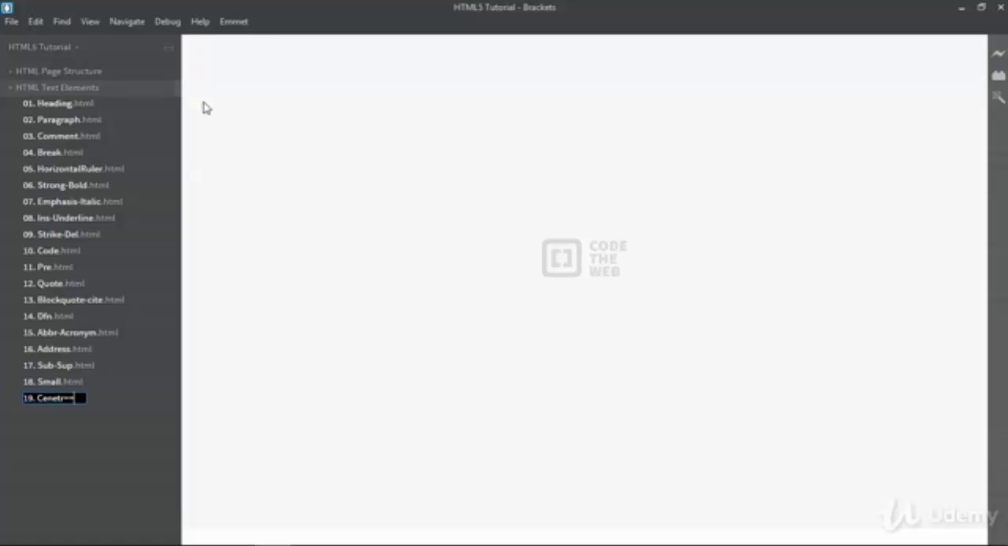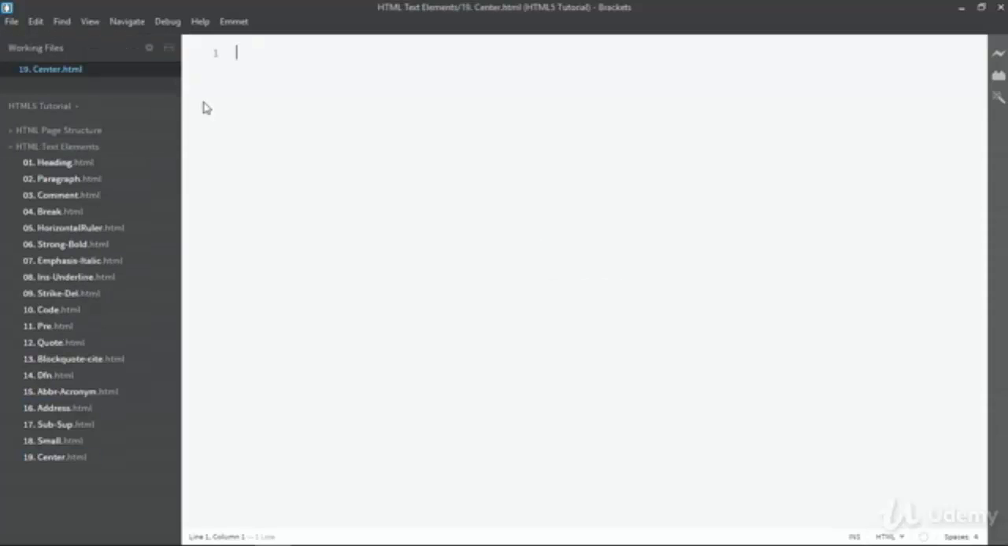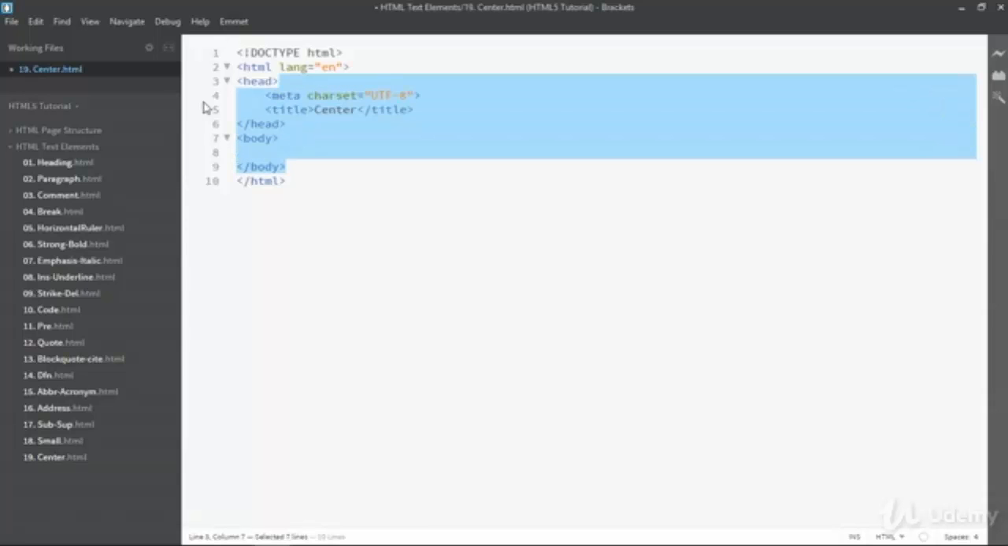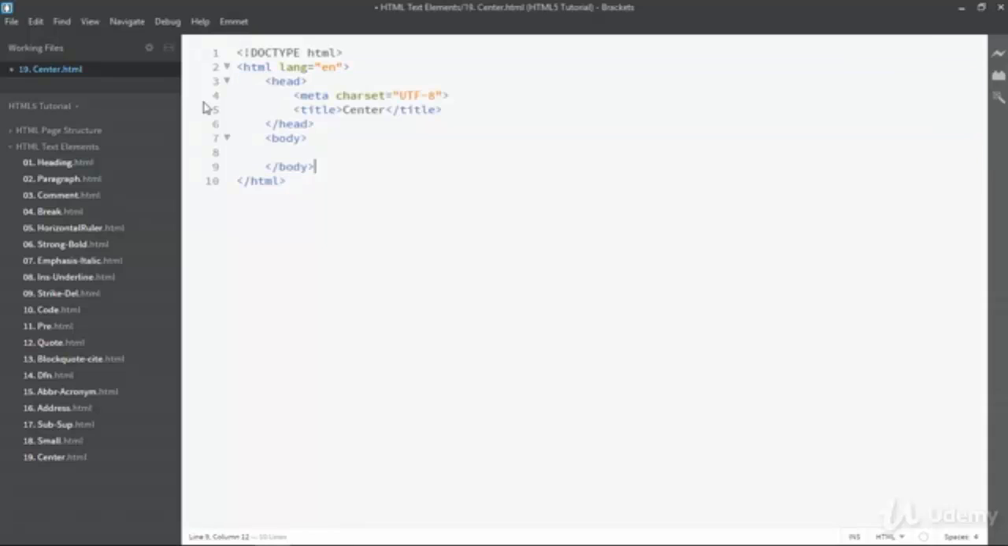Center.html, and now I'm creating the basic skeleton of HTML, and instead of document I am writing center. Now here I am indenting these lines. In between body tag I am going to write one heading tag,